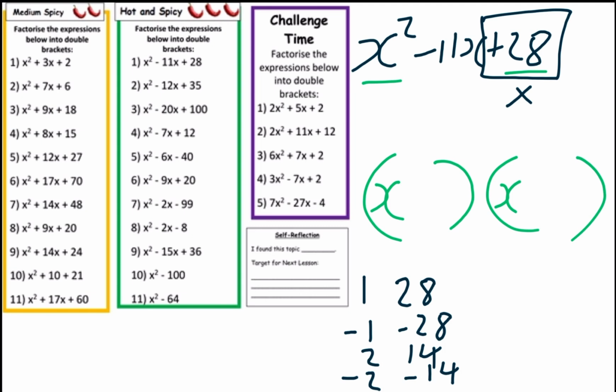You can also have 4 and 7, because 4 times 7 is 28, but remember there's the flip of that, minus 4 and then minus 7. There are no other whole numbers that make the 28. So now what we do is this, according to